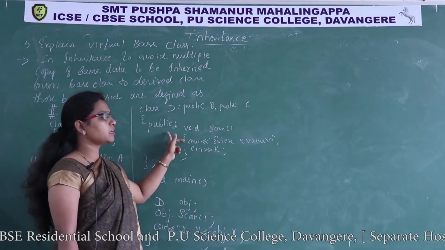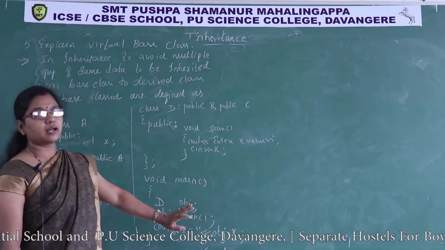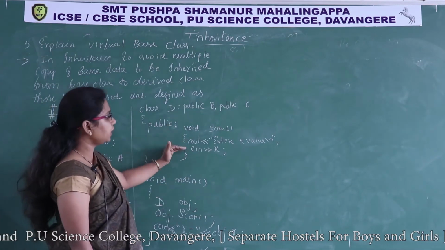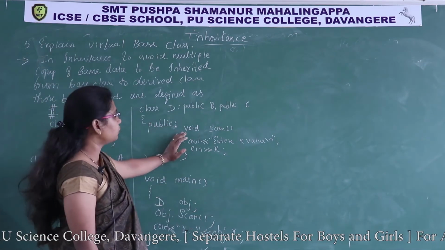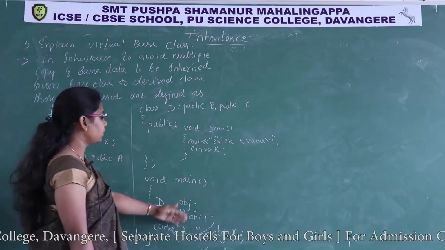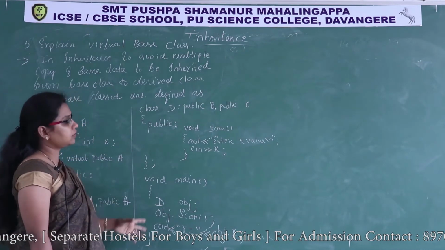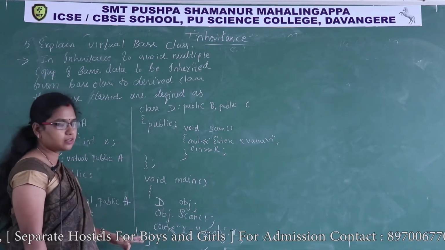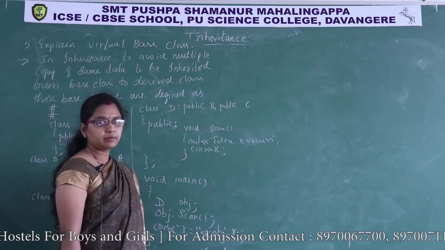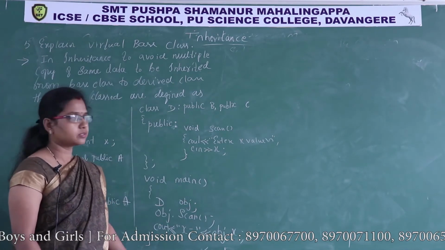Now I can access x through the member function and also non-member function. To demonstrate that, I have taken like this. One, to read the data x value, I had taken a member function, and to display x value, I display from the non-member function main function. In this program, I have explained two concepts here. One is virtual base class, and another thing, a public member can be accessed through the member function and non-member function. Understood?